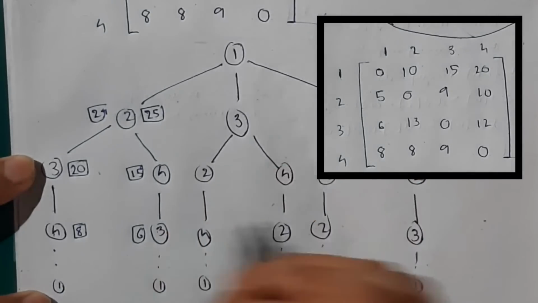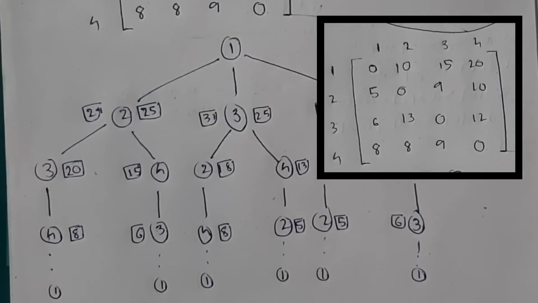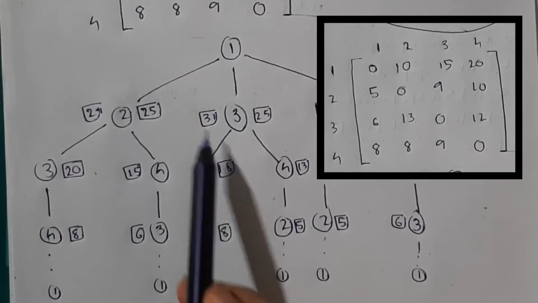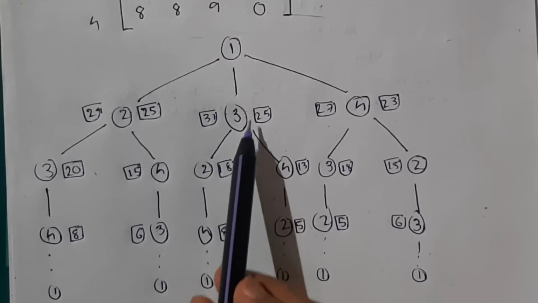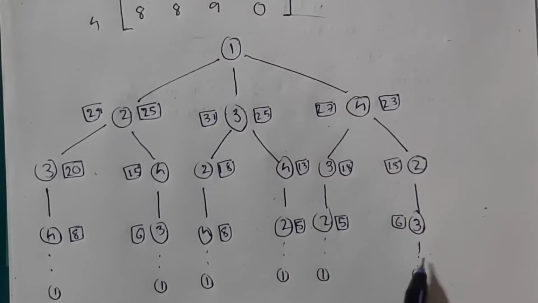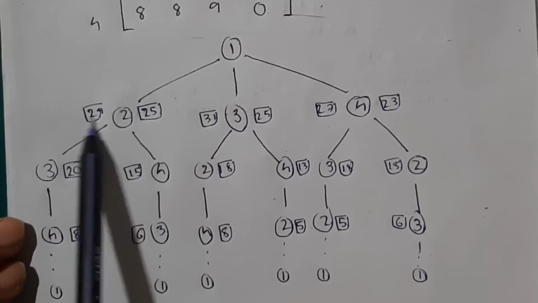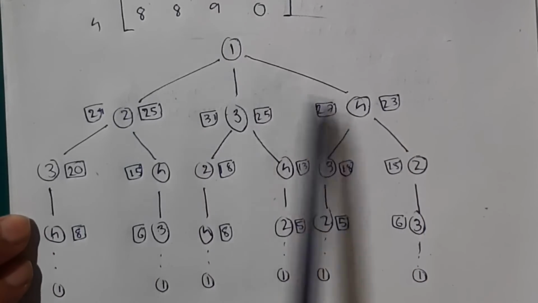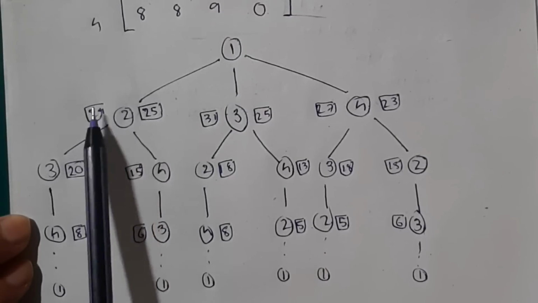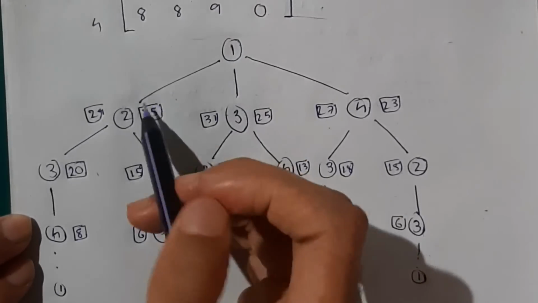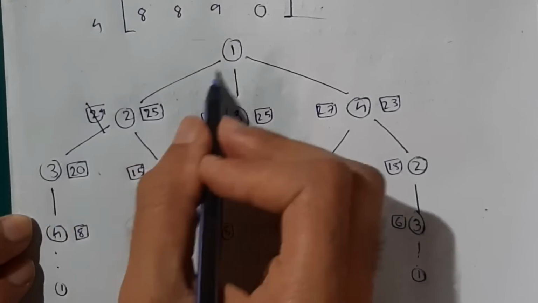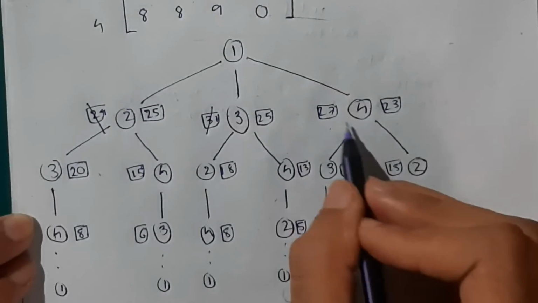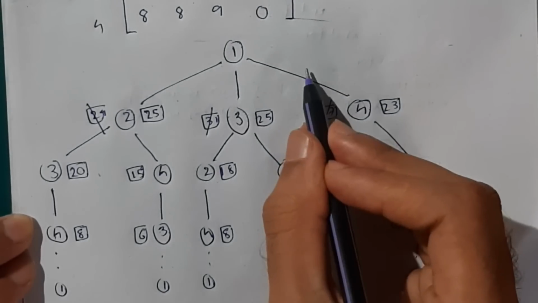So in that way I'll be calculating for the rest also. I've calculated for all these paths and I've written the values here, okay. So from this path it is 31, from this path it is 25, and from here 27, and from here 23. Now see, at this stage we have to choose only one, okay. Since only one we have to pass on to the final stage. So from this, which is the minimum, 29 or 25? So 25 is minimum, we will cut 29 and we'll pass 25 from here, and from here 25 is minimum, we'll pass 25 from here, and here it is 23, so we'll pass 23 from here.